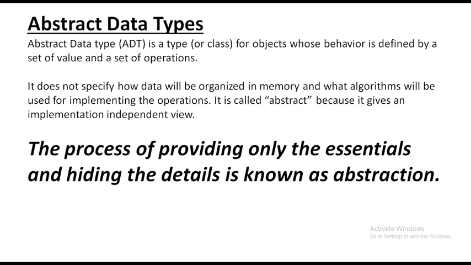In data structures and algorithms, the abstract data types can be implemented by using linked list, stack, queue, doubly linked list. These are all the best examples of abstract data type. The best real-time example of abstract data type is, if you are driving a car, at the time of giving the accelerator,